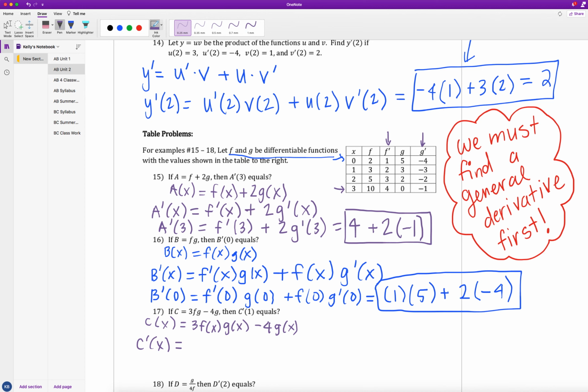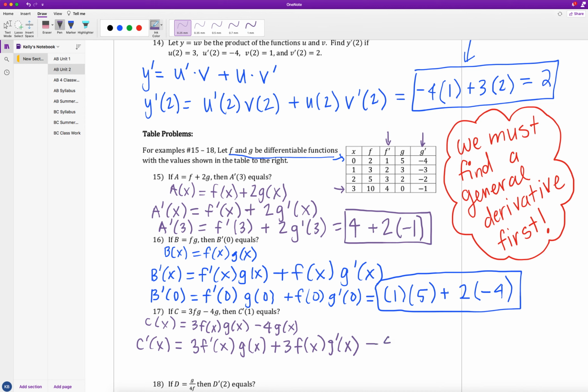So for here, to take my derivative of 3 times f of x times g of x, I do have to use a product rule. So I'm going to group the 3 with the f of x. So the derivative of that will be 3 times f prime of x, keep the g of x the same, plus keep the 3f of x the same, times the derivative of g, which will be g prime of x. So there's our product rule for the first term here,